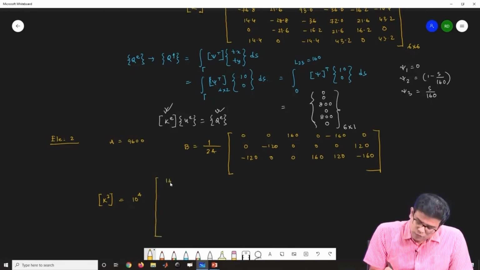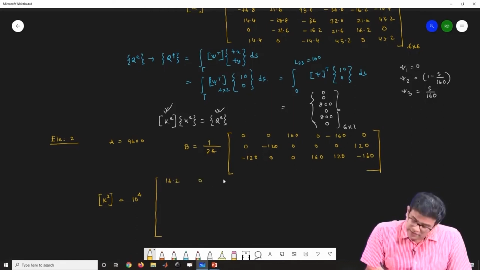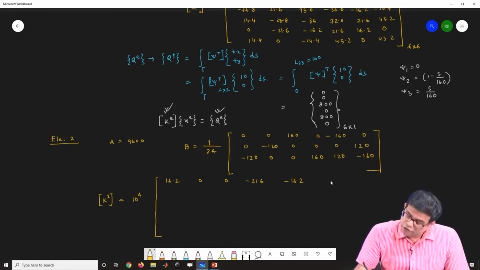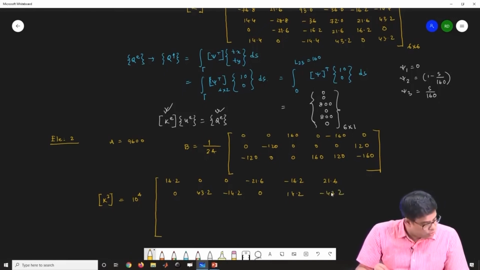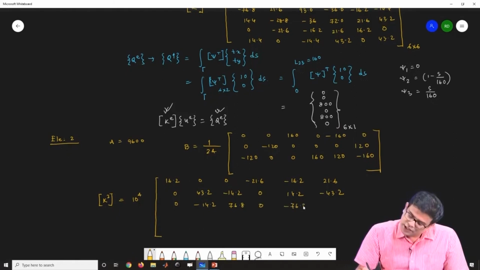So 16.2, 0, then 0, then minus 21.6, then minus 61.2, then 21.6, then 0, 43.2, then minus 14.2, then 0, 14.2, then minus 43.2, then 0, minus 14.2, then 76.8, then again 0, then minus 76.8, then